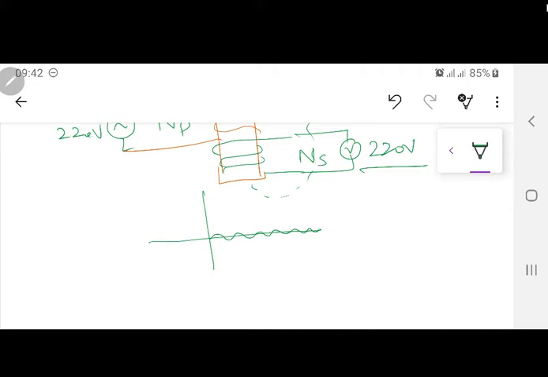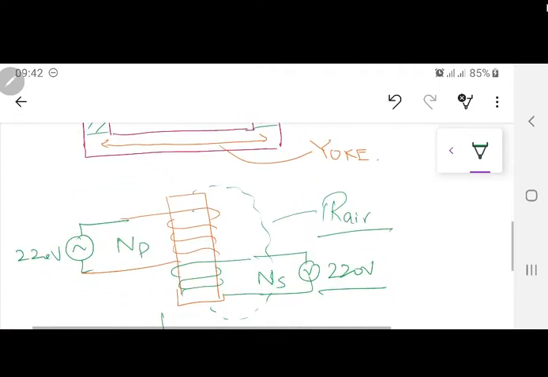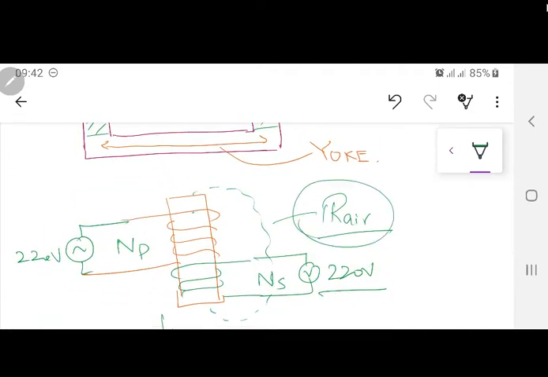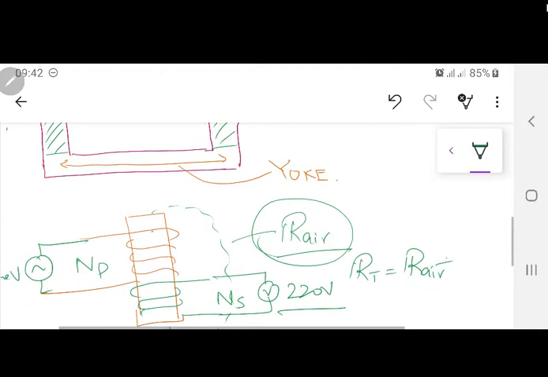Now here comes that point which I actually explored in the second or third lecture, that there is a minimum number of turns required to produce that amount of flux inside the core. Here turns are there, but since the material is not good, it has a very large reluctance, or the path of the material is having a large reluctance of the air, so the flux is not flowing over there. Because in this case, our total reluctance is equal to the reluctance of the air plus the reluctance of the material which you are using over here.